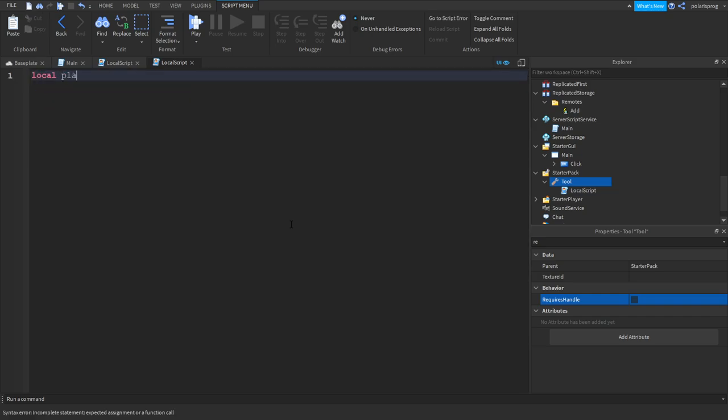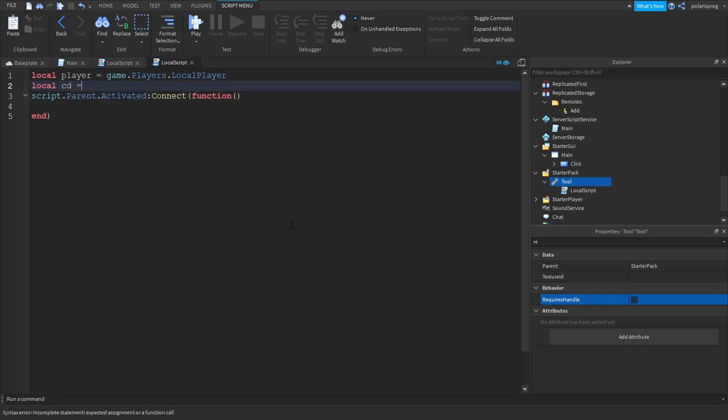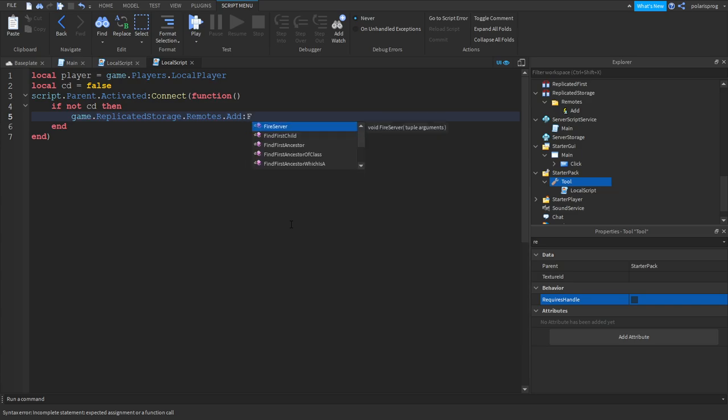Let's first create a variable for the player is equal to game.players.localplayer, and script.parent.activated:connect function, and we're going to use the player. No, let's just do this, and let's first add the cooldown too. So local cg is equal to false, and in here we're going to do if not cg, then let's do game.replicatedstorage.remote.addconfire server, and we're going to send the player, and let's do